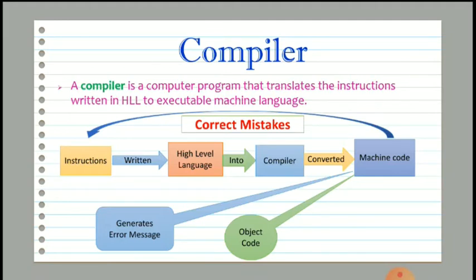The process is repeated until the instructions are free from mistakes and then translated to an object code. When instructions are error-free, then you can execute that object code in computer.